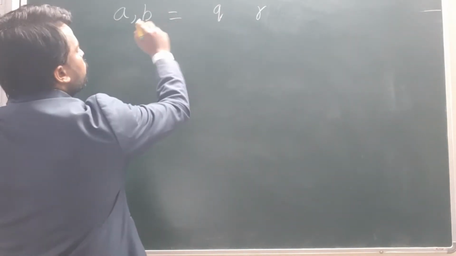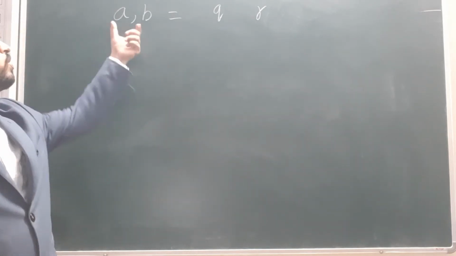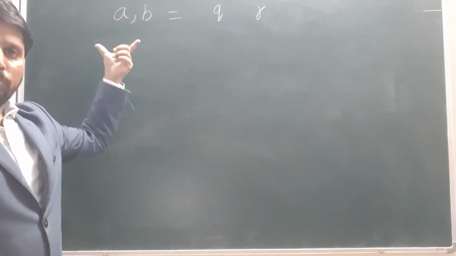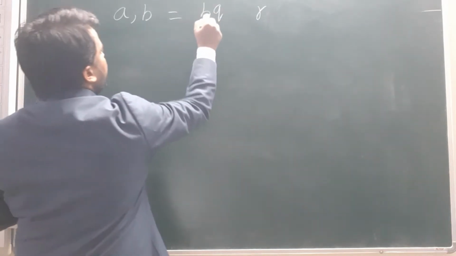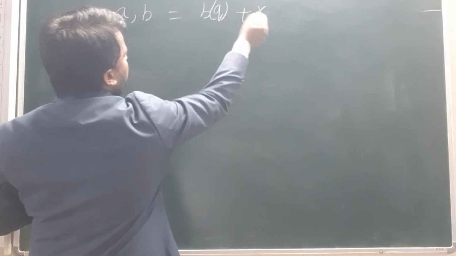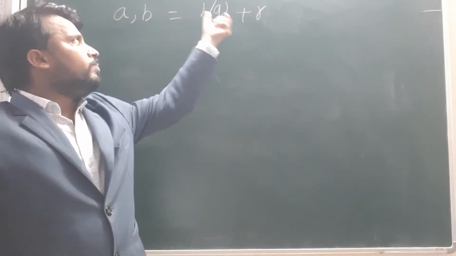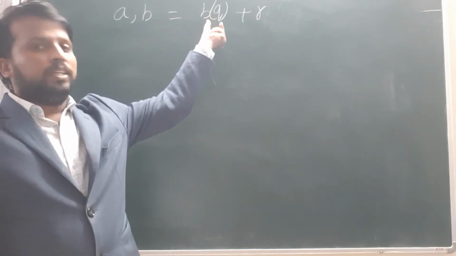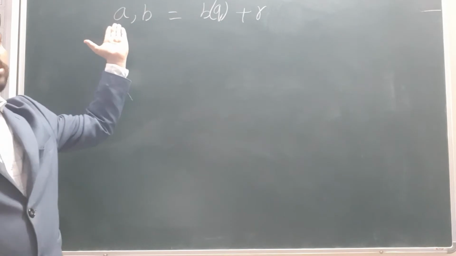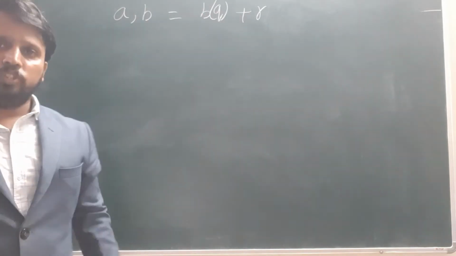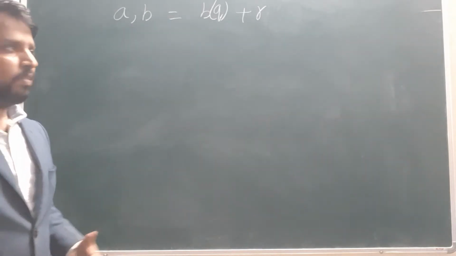But by which number do we have to do the division here? Whatever positive numbers they give, the smaller one is the divisor, and we divide by it. That means the multiplication of divisor and quotient will become the dividend when the remainder is 0. Sometimes the remainder will come as 0, sometimes as another value, right?